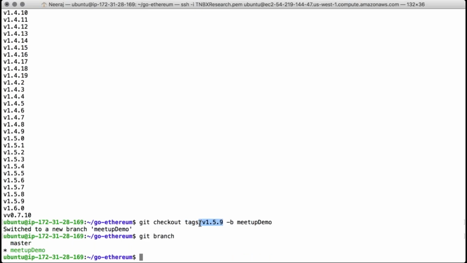As of today, this is the most stable version. If you want to play with it, play with 1.5.9, get some experience and then only move to 1.6.0. Otherwise it will confuse you. There are a number of new things in 1.6.0. Okay. So once we are here,